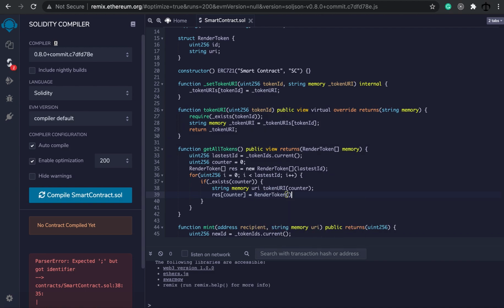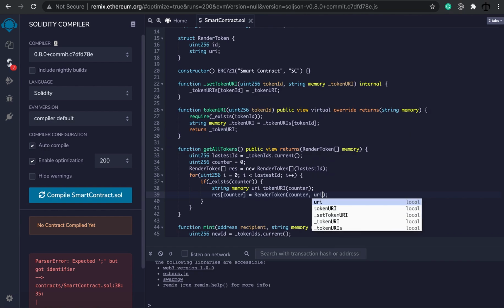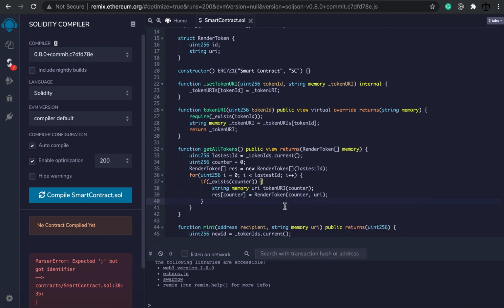And to instantiate the new render token, you don't have to use the new keyword. You can just say render token. It takes 2 arguments because it takes these 2. So it's going to take the ID, which is our counter, and the URI, which is the URI of our NFT. And then all you want to do is, after this if check, you want to increment the counter